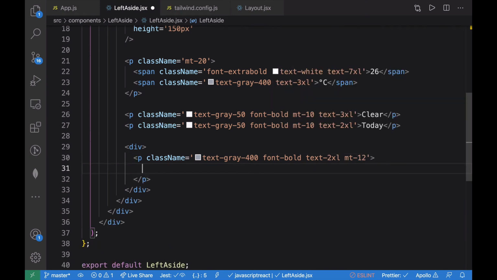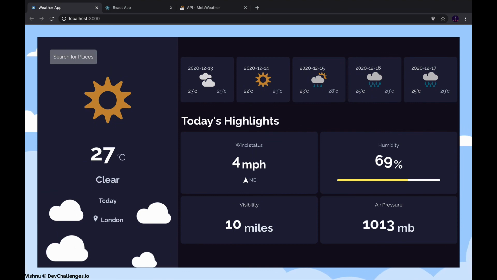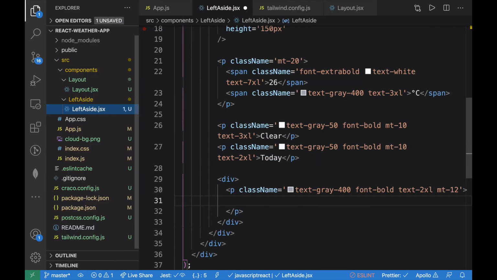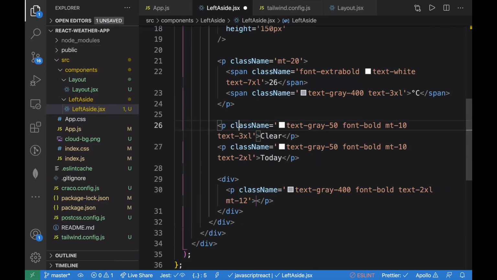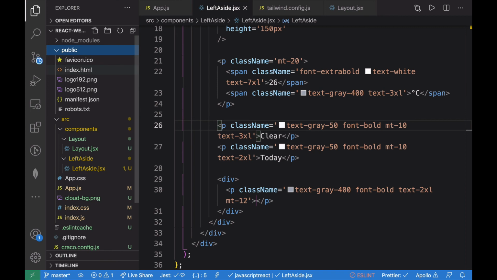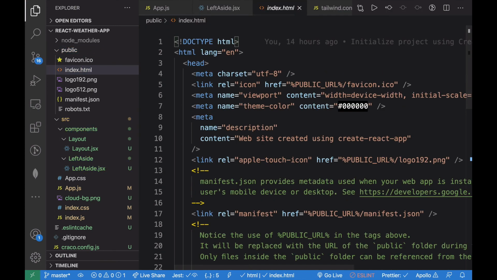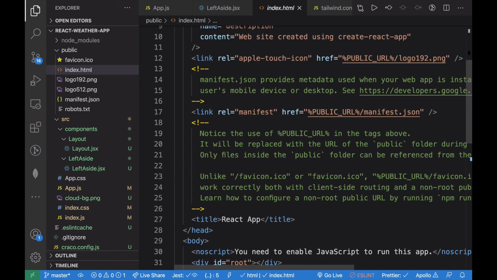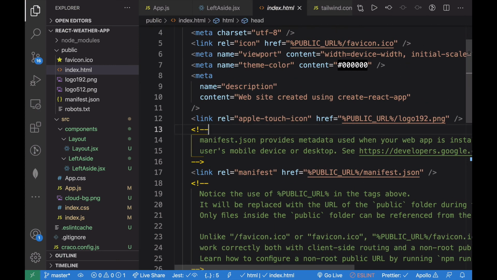And as I said, we'll be using this particular icon from the material icons. To make use of the material icon, just go back to the VS Code and inside the public folder just toggle the index.html file, and inside the index.html file just copy and paste the link here itself.